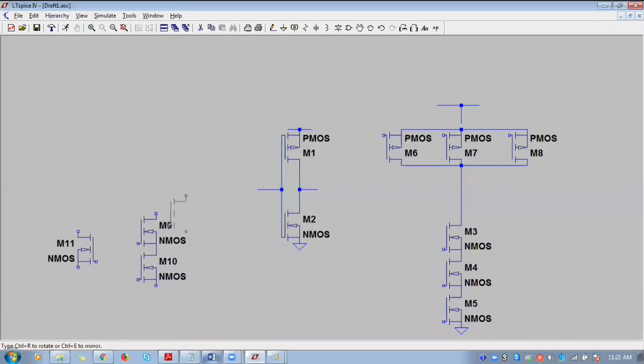So B and C have to be drawn in parallel and A has to be connected in series. So consider this is A, and B and C have to be connected in parallel. And we can do the connection now.